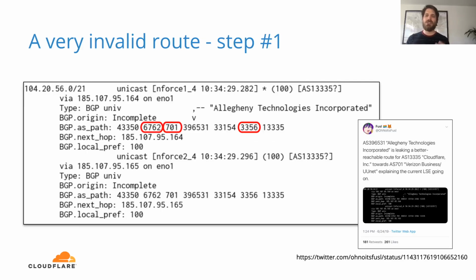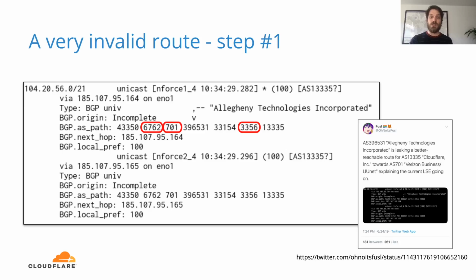So while we now have some idea on the background of the incident and a high-level overview of what actually happened, let's dig in a bit. Let's have a look at one of the leaked routes. If you look at the AS path for this prefix, you'll notice a couple of things. There's multiple tier 1s in the path, but not in a connected chain. Verizon is advertising to Telecom Italia, but Verizon isn't receiving that route from another tier 1. No, they're receiving it from Allegheny Technologies.